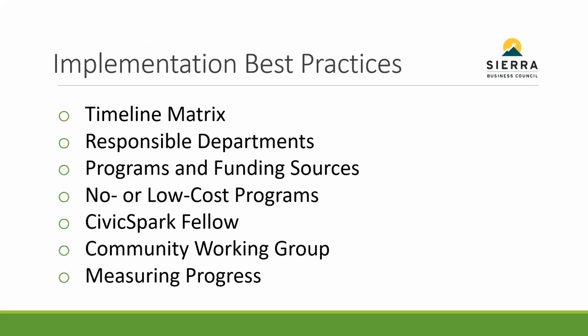Over the years, we've learned a few best practices for the development of these type of plans to make sure that they are actually implementable and do not just sit on a shelf gathering dust. One is the inclusion of a timeline matrix that prioritizes actions into an achievable 3 to 4 year short timeline and identifies responsible departments, potential funding and implementation partners to help